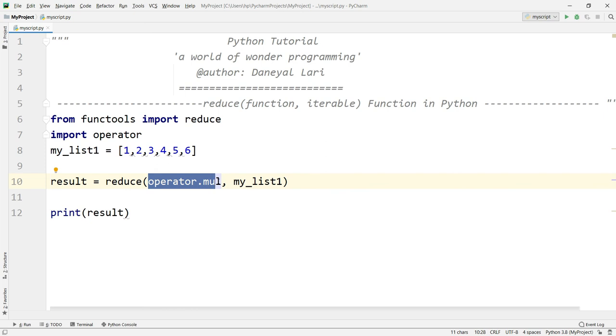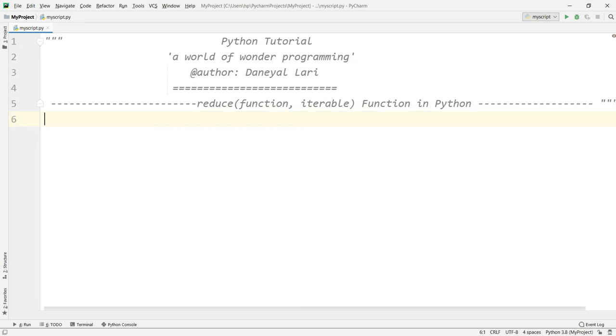One more thing I want to clarify here before ending the session, related to the map function. I forgot to explain. For example, I have my list 1, okay, with 1 2 3 as data, and suppose I have another list, my list 2, which also has this data, and I want to perform the addition of both the elements: 1 plus 1, 2 plus 2, and 3 plus 3.